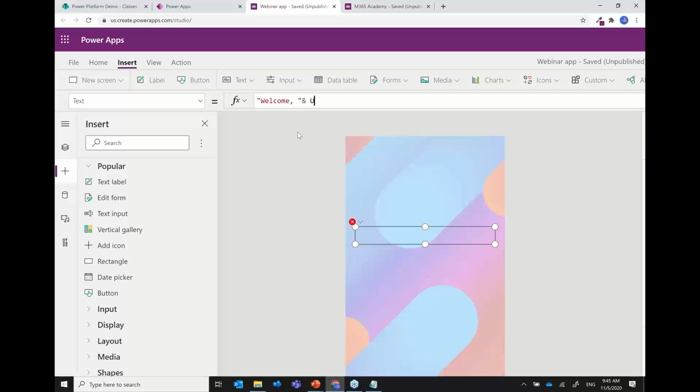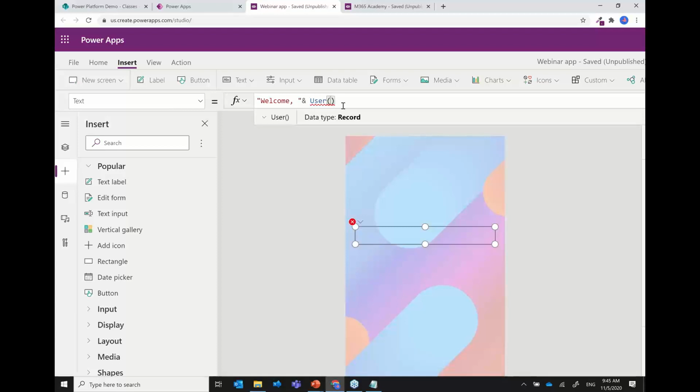So I can use the user function for that. User, and it puts a parenthesis already, and I just want the current user, whoever they are. So I'll just close that parenthesis, and that means the current user. But it's got this red squiggle line, and that means I'm not done yet. It's expecting something more than that, because I have to say, what about the current user do I want to